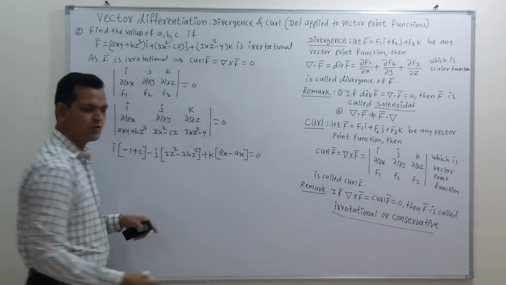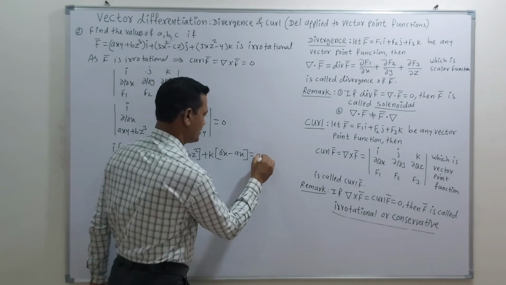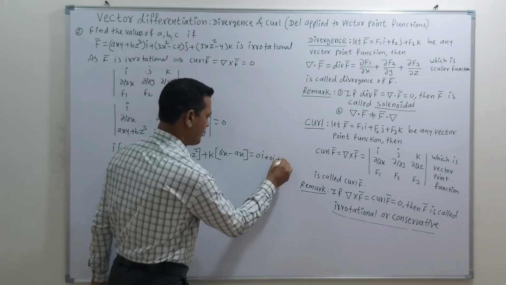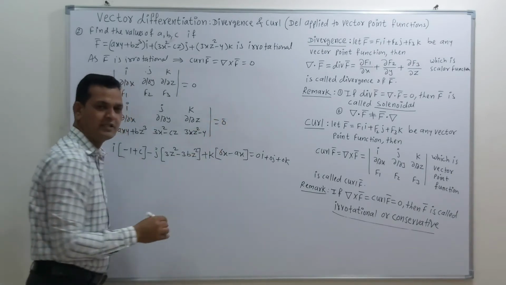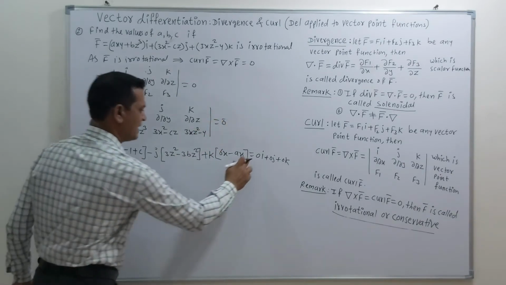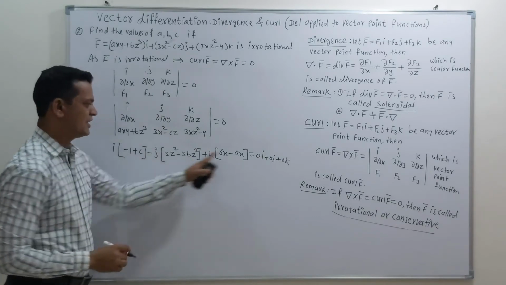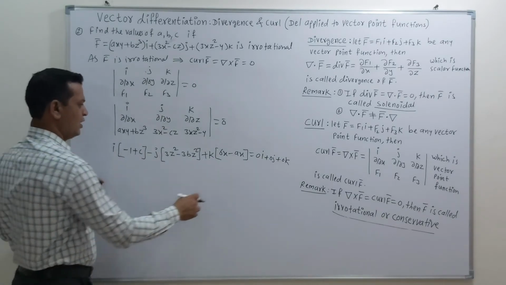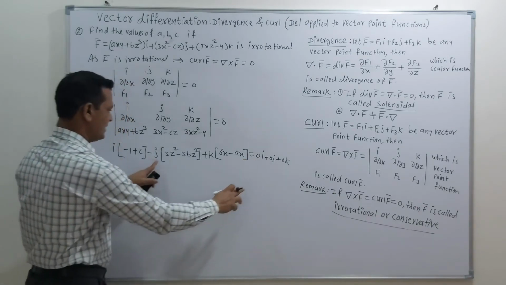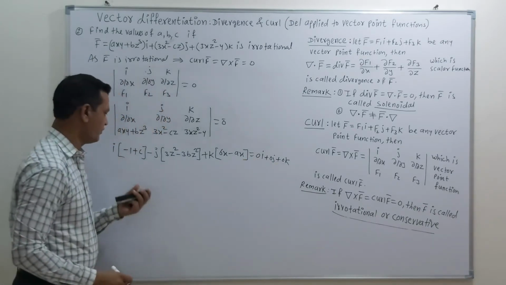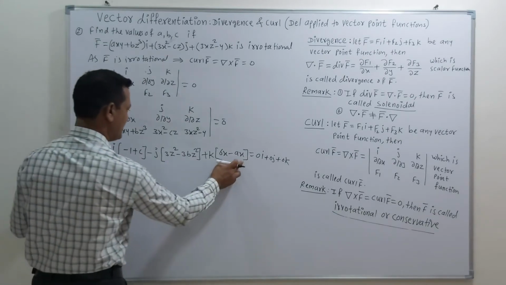This is equal to 0. Actually friends, this 0 indicates the zero vector, which is 0i + 0j + 0k. So this is the unit vector, and this is the zero vector. We can represent this in this way. If we compare the left side and the right hand side, and compare the coefficients of the i term, j term and k term, we get the values of constants a, b, c, because our aim is to find out the values of constants a, b, c.